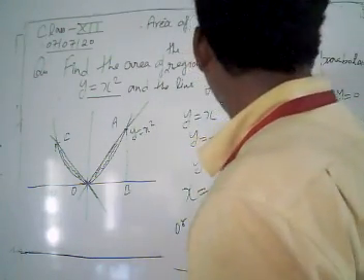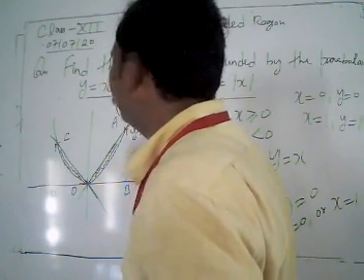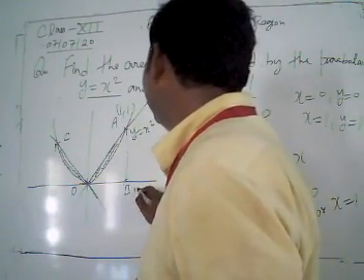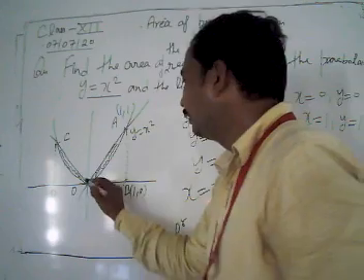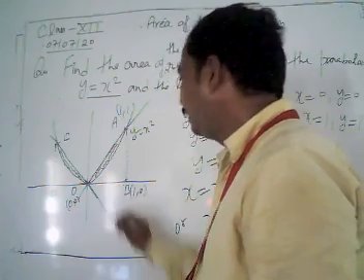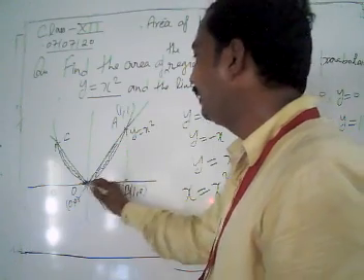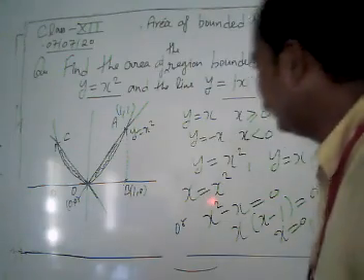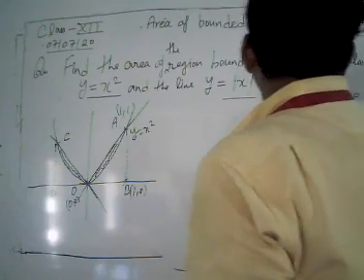Now look, x is 1 and y is 1, so the intersection point A is 1, 1. B is 1, 0. Now we get the limits, because this is our 0, 0, the origin. Now we are going to find the area made by the line between the region 0 to 1 and subtract the area made by the parabola. Look, this is our calculation. After that, we are going to find our required area.